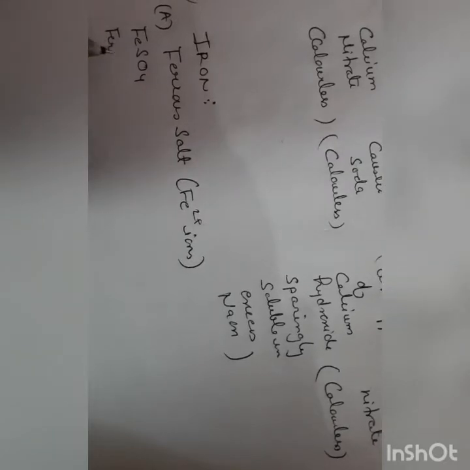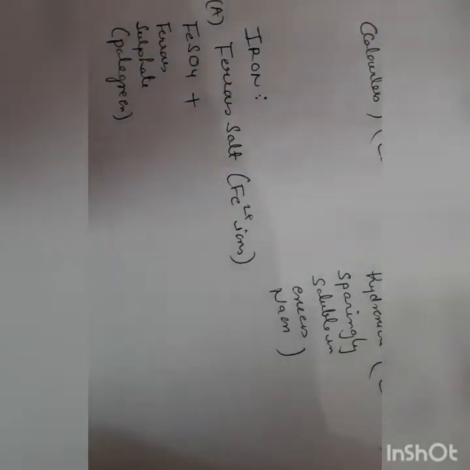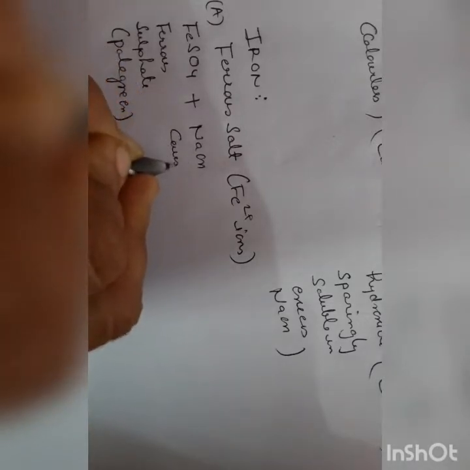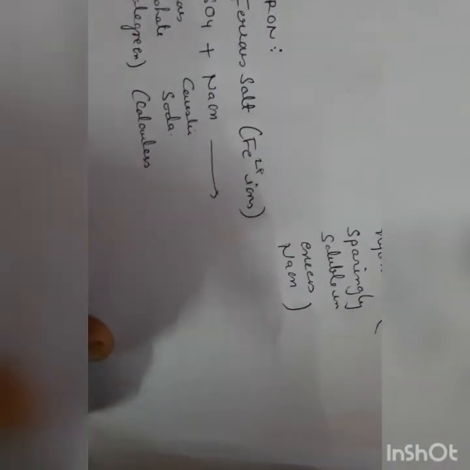Now here we will take ferrous sulfate. It's pale green in color. We will add caustic soda drop by drop. It's colorless. Reaction will take place,